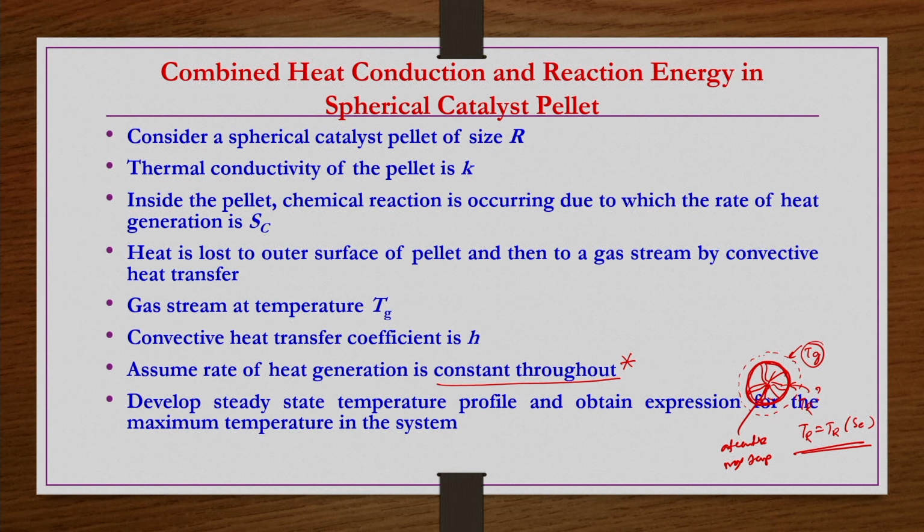Now here what we understand, the temperature is a function of R, that is what you are taking. So, this you have to find out. Okay. So, the conduction equation you have to use here also, because mostly it is conduction dominated within the pellet, because whatever changes in temperature are there are within the catalyst pellet. Whatever the Tg temperature is, the surrounding gas stream temperature, that is forming as a very thin film only. Okay.